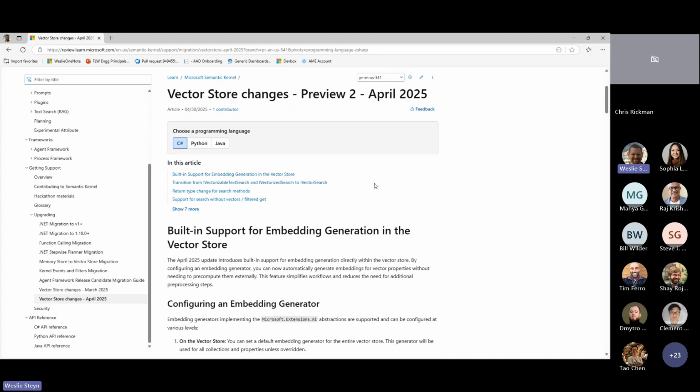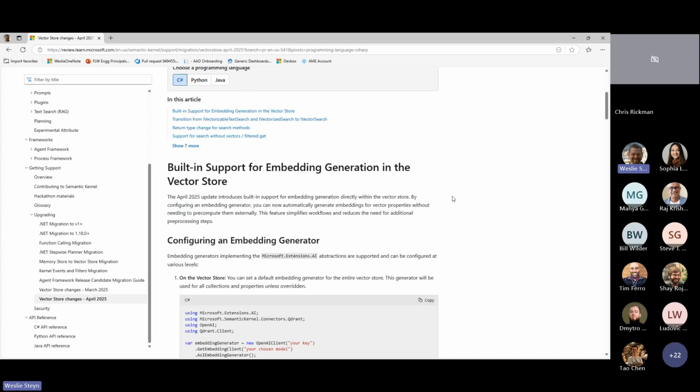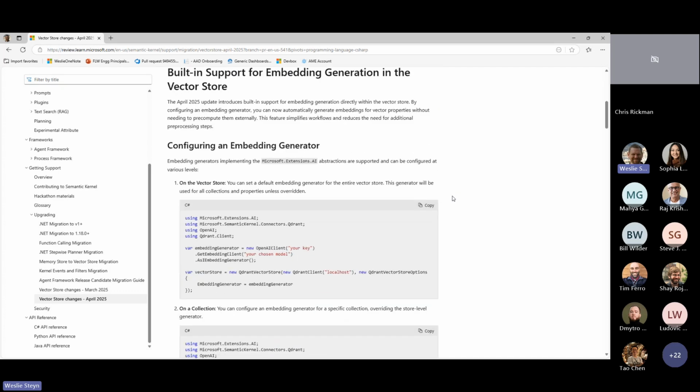Thanks very much. So this should be published later today. Actually, some of it is already published, some of our updates, and I've made some more updates to this page specifically that people can have a look at. This details all of the updates in this April 2025 preview 2 update for the vector store changes.